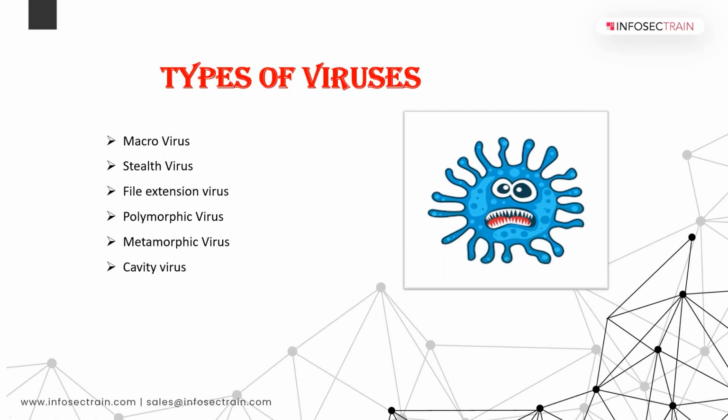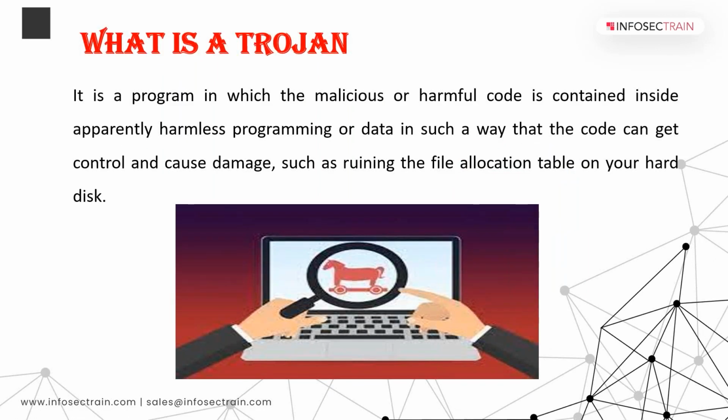Moving to the next one, what is a Trojan? Trojans are malicious files which are used by hackers to create backdoor access without the knowledge of the user. It usually deletes and replaces OS critical files, steals data and sends notifications to remote hackers, so they can control the target remotely.